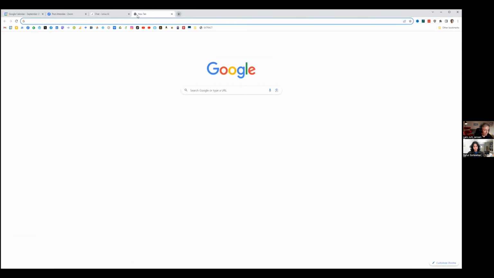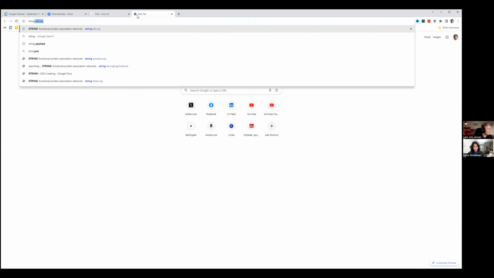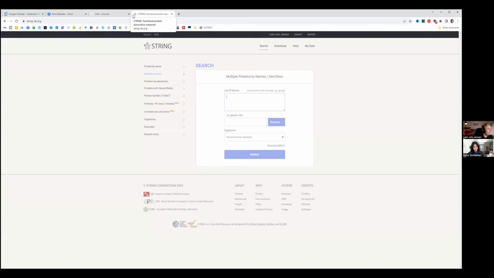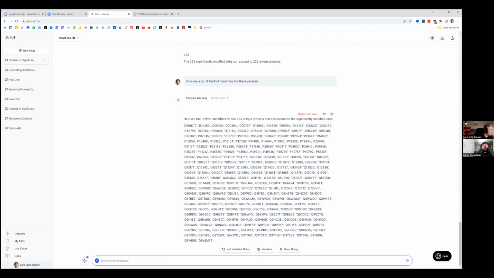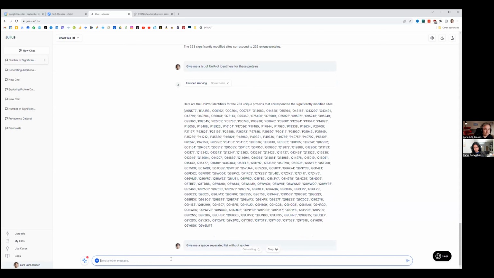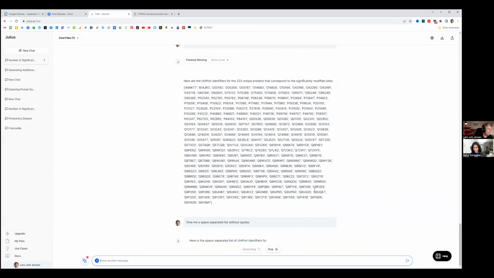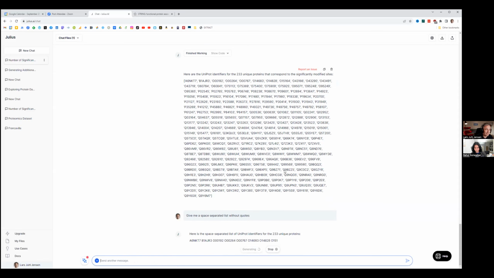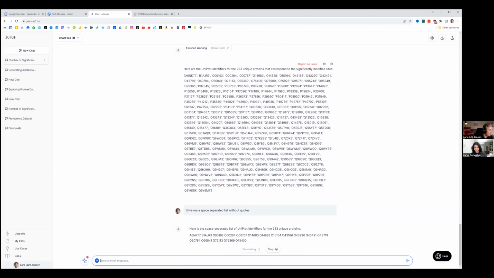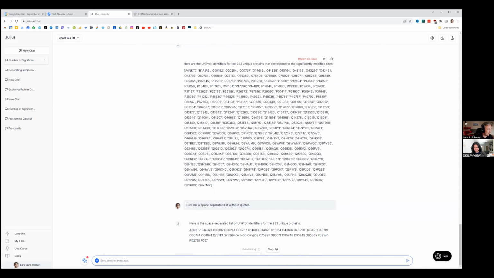So if I hop over to the STRING database, then maybe just to give you... can I do this? Yeah, probably. So the quick and dirty way for biologists, if they don't need to analyze the network but just want to actually get a network of these proteins. Yeah. Then,